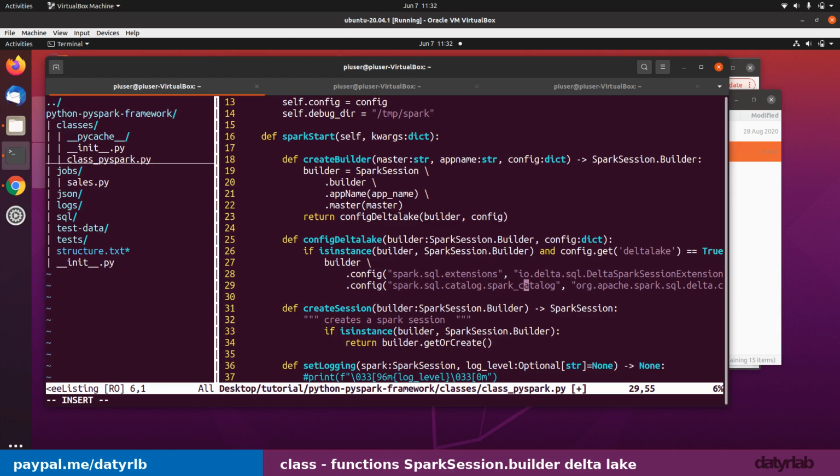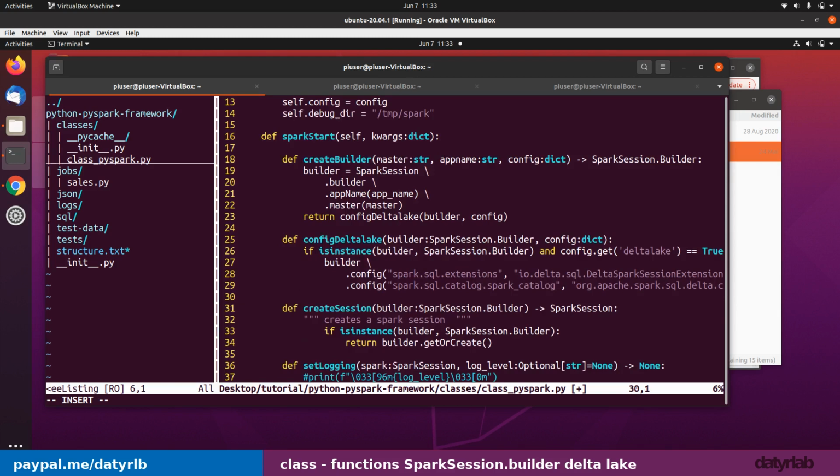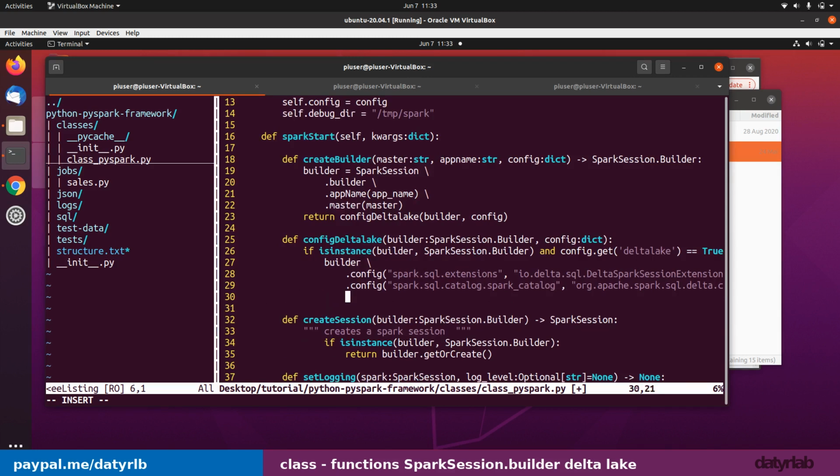Catalog, Spark catalog, org, Apache, Spark, SQL, delta catalog. So I think that looks all right. Now, the next bit we need to do is we need a function. So that delta Spark library that we imported or downloaded or installed via pip, this is where we need to call it. So I'm going to do a return, and that return is going to be